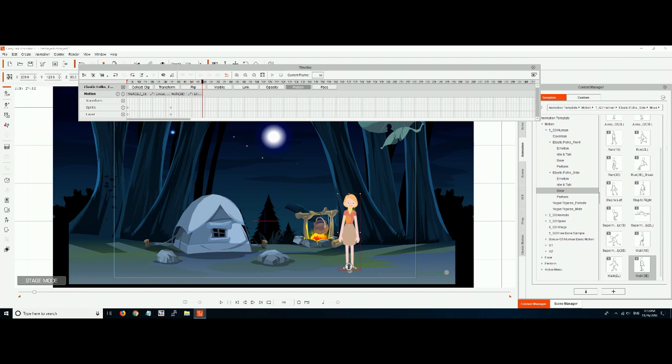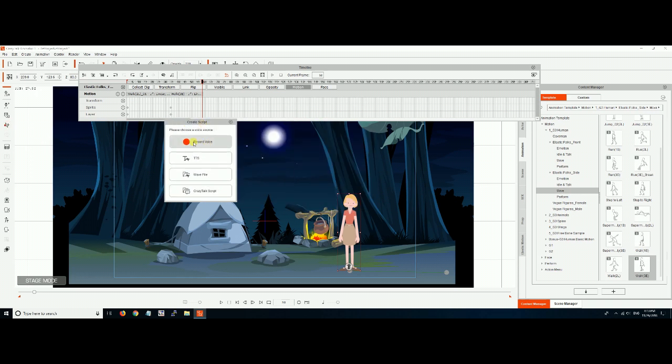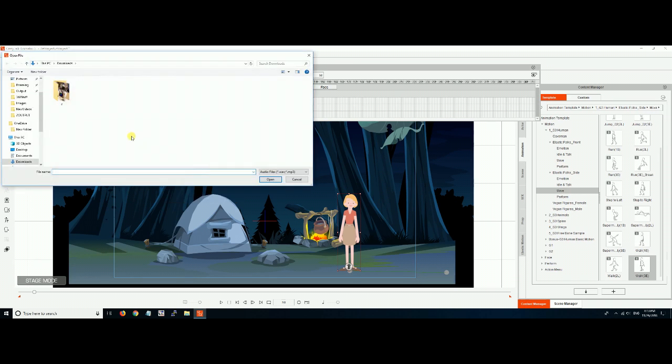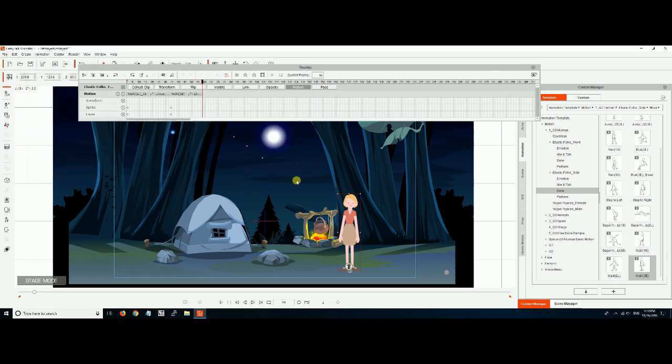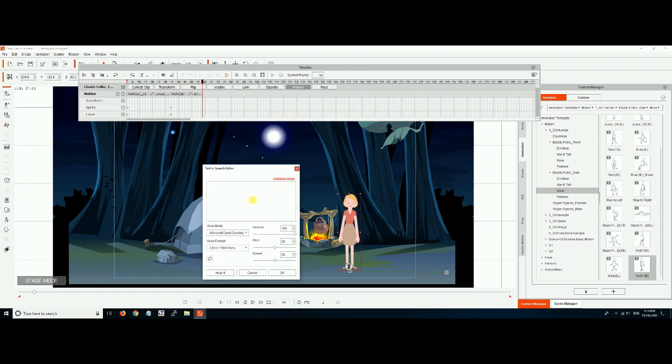So you click on the person, you come over here to her voice, all kinds of audio stuff is right here, and we're going to record. We're not going to record a voice. You could click here and record yourself. For some reason on my Crazy Talk Animator, when I do that, it crashes. The whole program crashes. So what I have to do is I have to go in another program and create a WAV file when I record my voice, and I create that file, and then I'll just click on it and bring it in, and it will automatically set her face to my voice. But what we're going to do today is we're going to do text to speech editor.